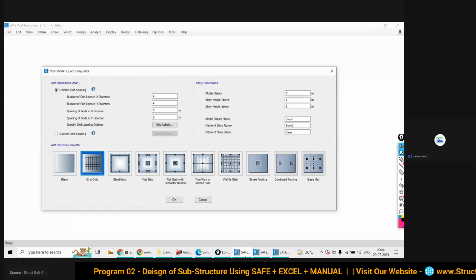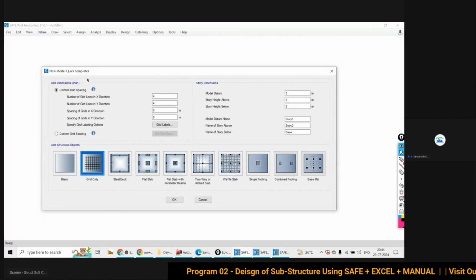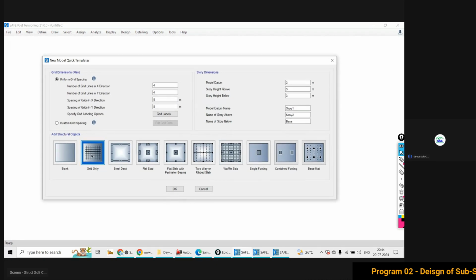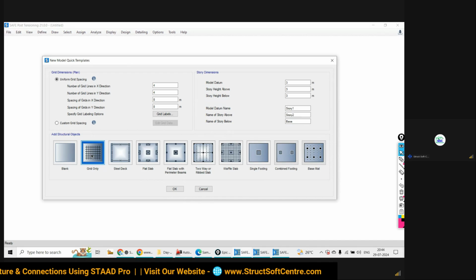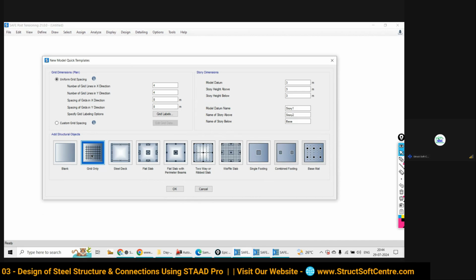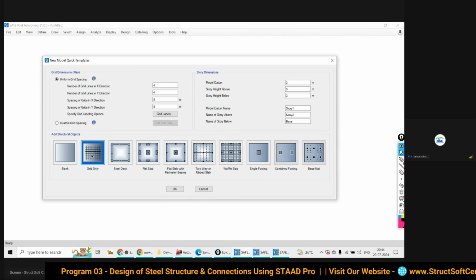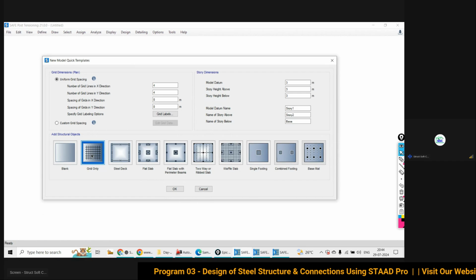So yeah, we are talking about the importance of having these grids. Okay, so these grids will help you to create your model with the least possibility of errors. So we have two options.